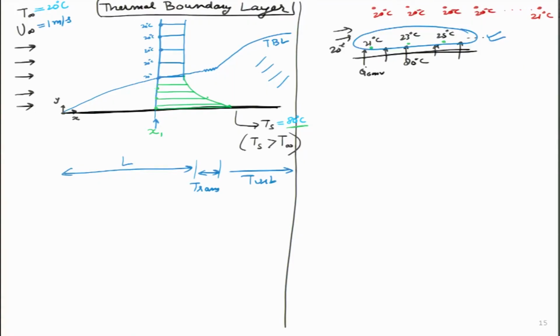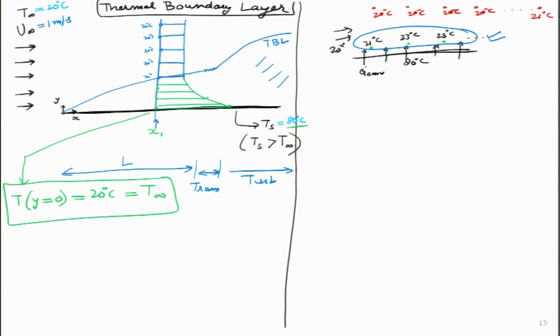So the air molecule which is just present above it feels that vibration and gains the same temperature as the surface below it. So temperature becomes equal. At this particular point I can write, because of the no slip condition, T at the surface, which is y equals 0, is essentially 20 degrees. In this particular case I will say it is T infinity. Whatever the value of T infinity, I can change it around. So 20 in here is not an important number, T infinity is important.